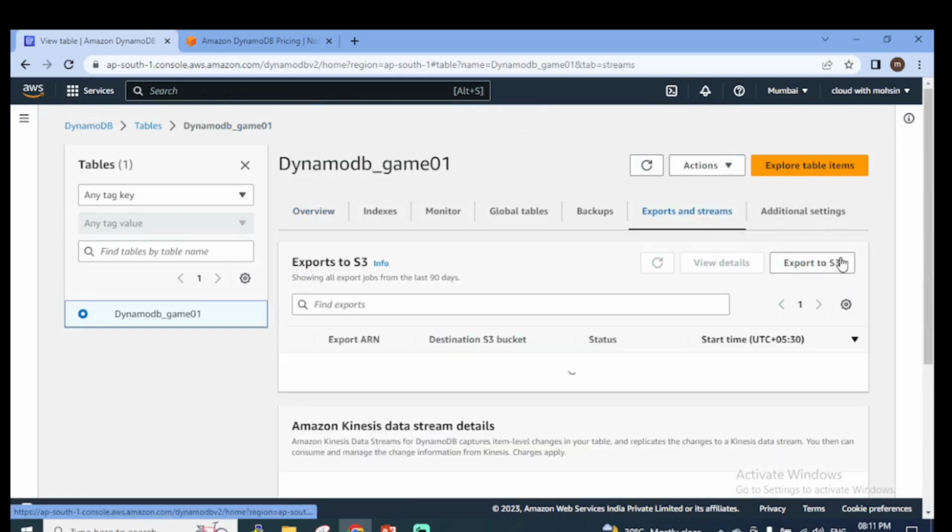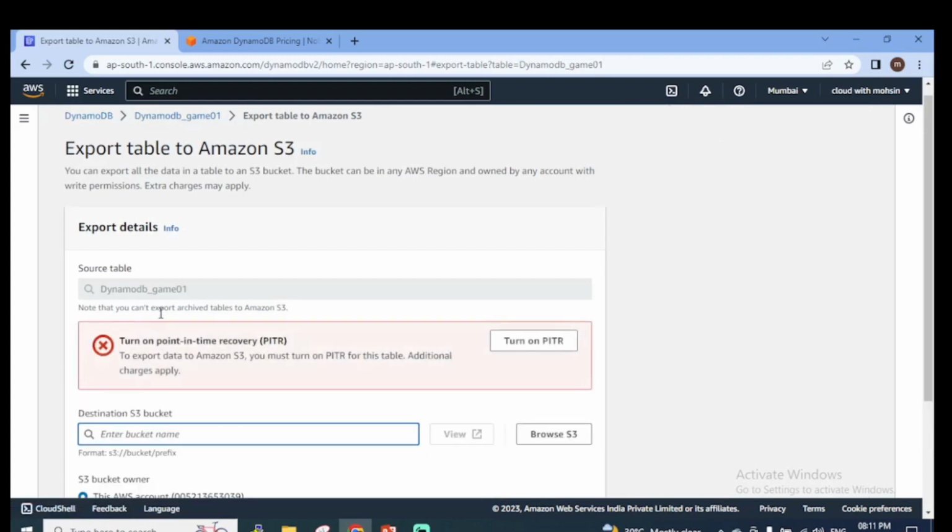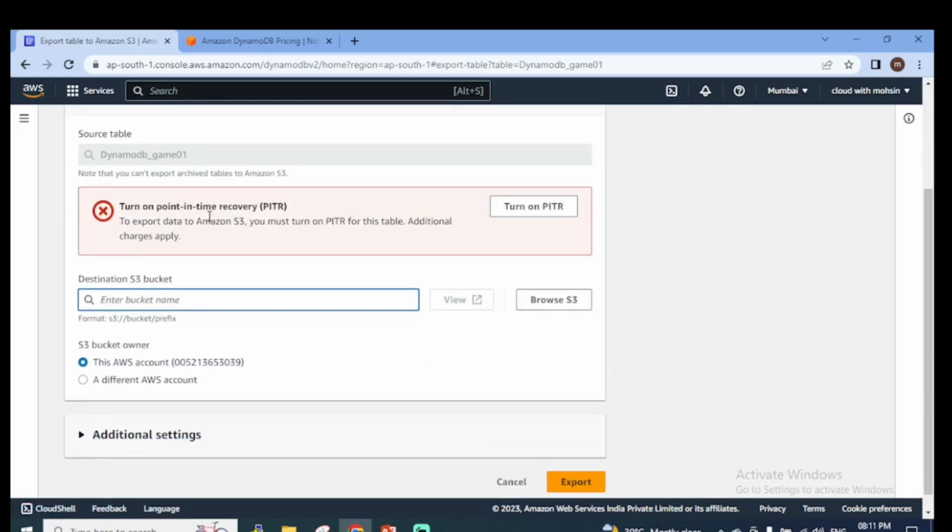Let's click on exports and streams, export to S3 bucket. Using this option we can export our jobs, and the jobs will be exported to an S3 bucket. With this option you can click on export to S3 here, and you can see it will ask us